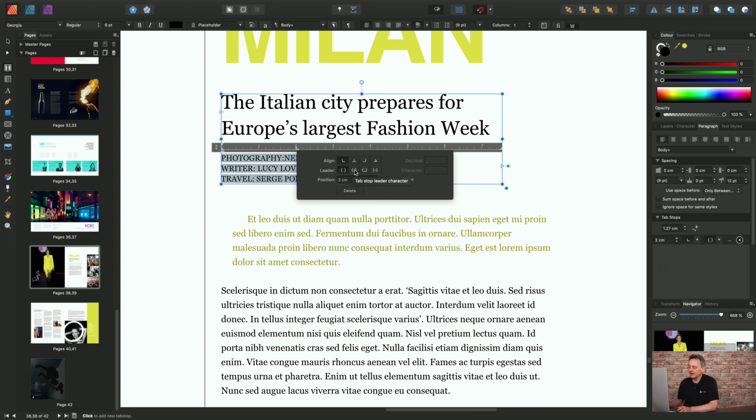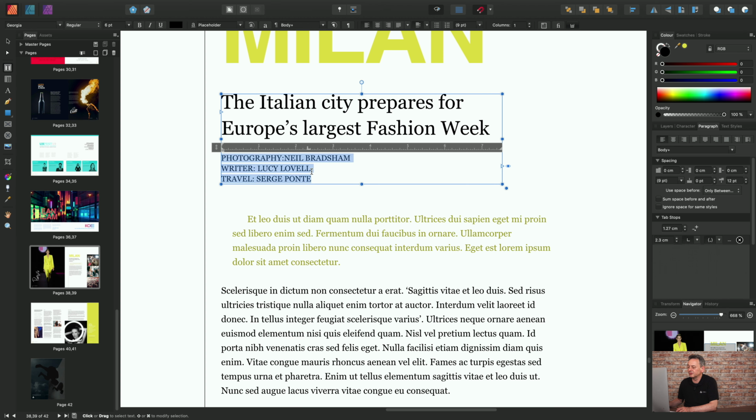So I want to change the leader value from a space to a dot. I'll do that, and I can change the character if I want to, just by pasting that in there. We will accurately position that to 2 centimeters, so I can be very specific here. And just change that to 2.3 if I want to, but I think I was bang on with 2 centimeters anyway. Now what I can do is, if you just jump